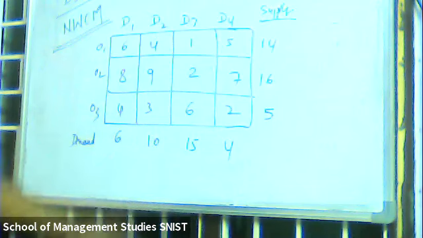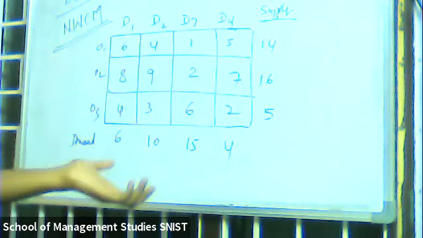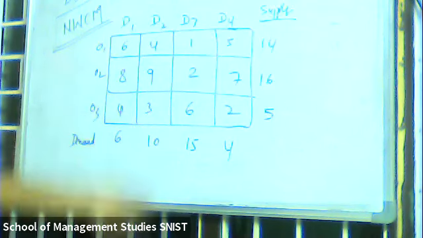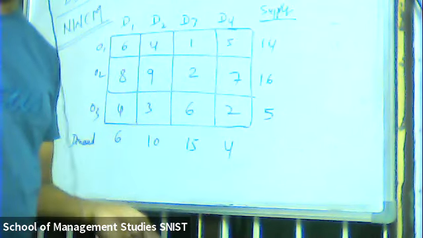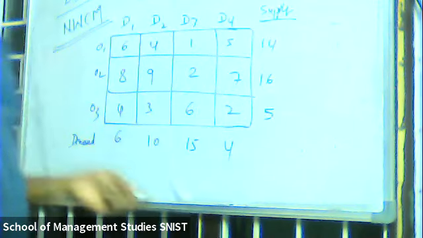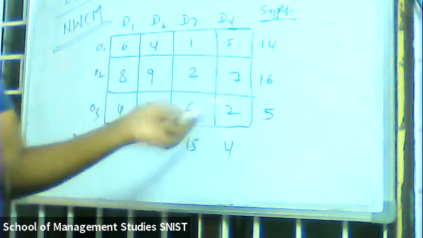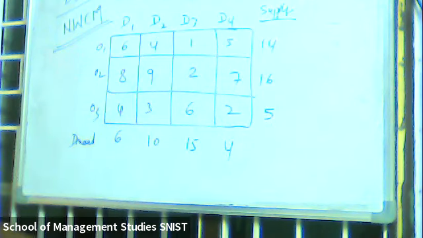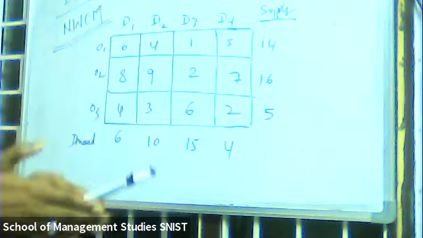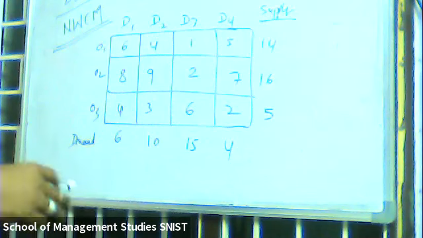Now if demand and supply are not matching, what do we need to do? Add a dummy row or column based on the difference. Exactly. Based on where the difference is, you add either a dummy row or a dummy column. The values of the dummy row or column become 0, and the remaining leftover value is the supply or demand value. By doing that, we make it equal, and we start the process the same as before. Is it clear?